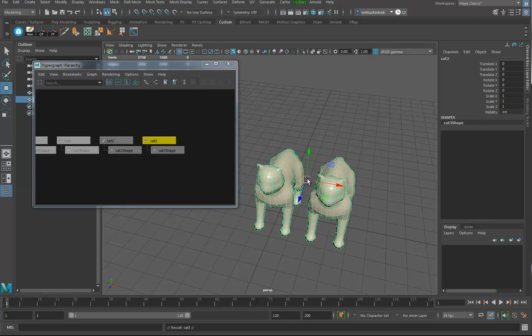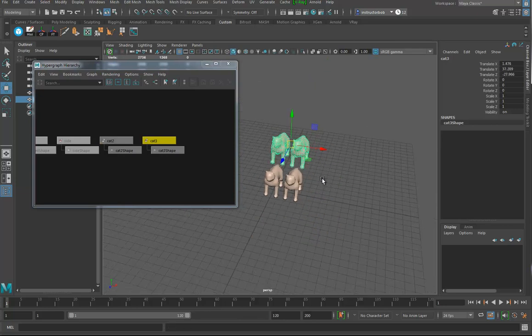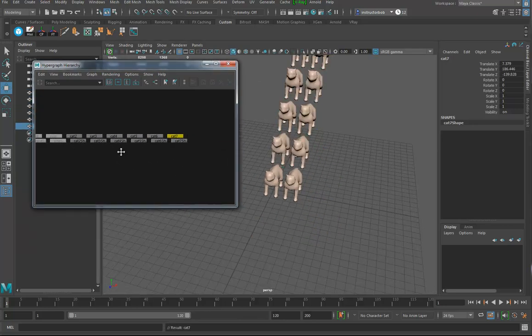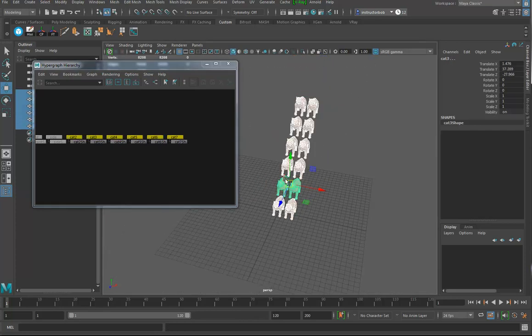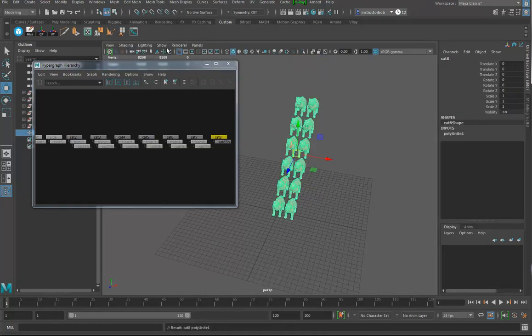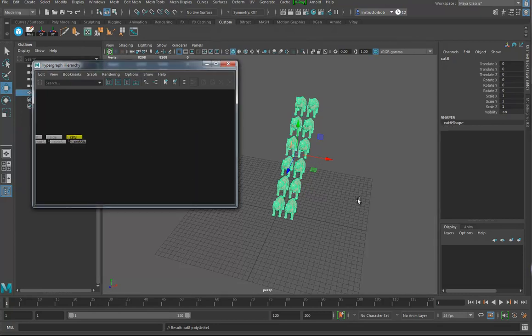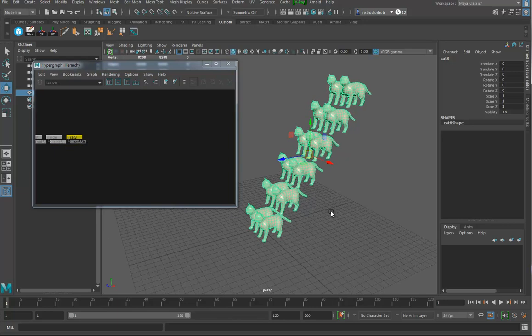So if I took this and made more duplicates and shifty, and then I had all these, and then I went and I took all those and I said mesh, combine, and if I delete the history, Alt-Shift-D, boop. Okay, so it's one object. Got rid of all that crap. And